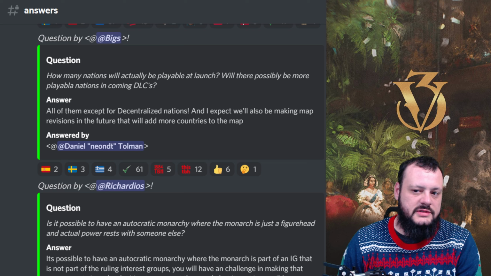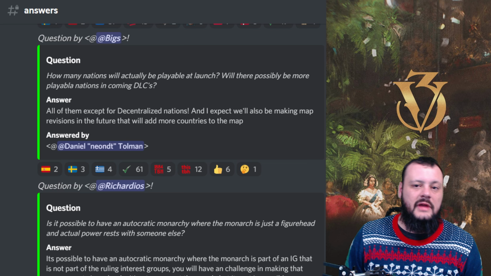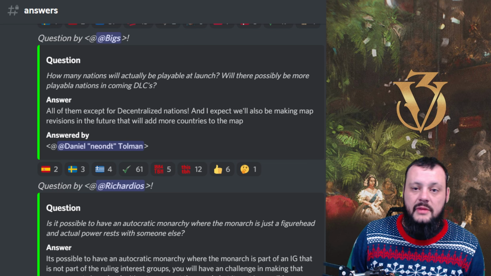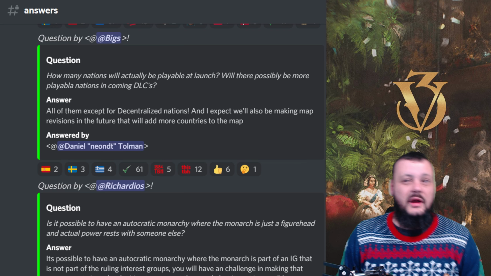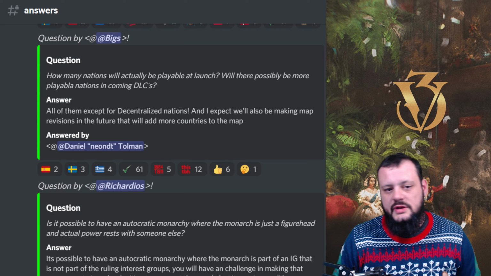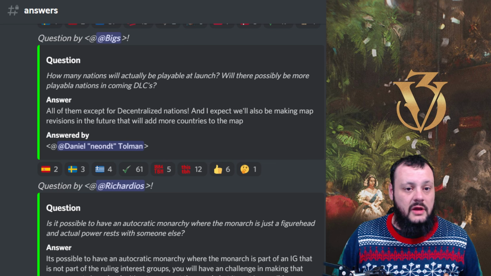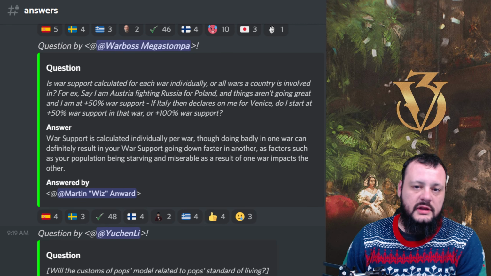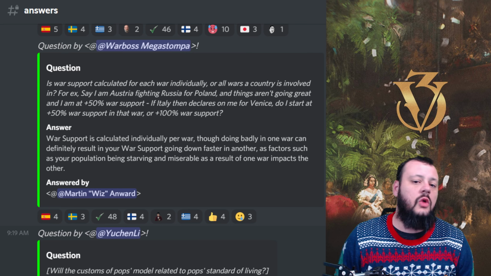It's just the standard policy of Paradox to have everything playable, even if everything isn't fleshed out. So you may be able to play as a really small country, but your mechanics may be basic. You may not have unique faction trees or things of that nature. But regardless, there's going to be a lot of playable nations at launch. Good to see. Regarding some war things, is war support calculated for each war individually or all wars a country